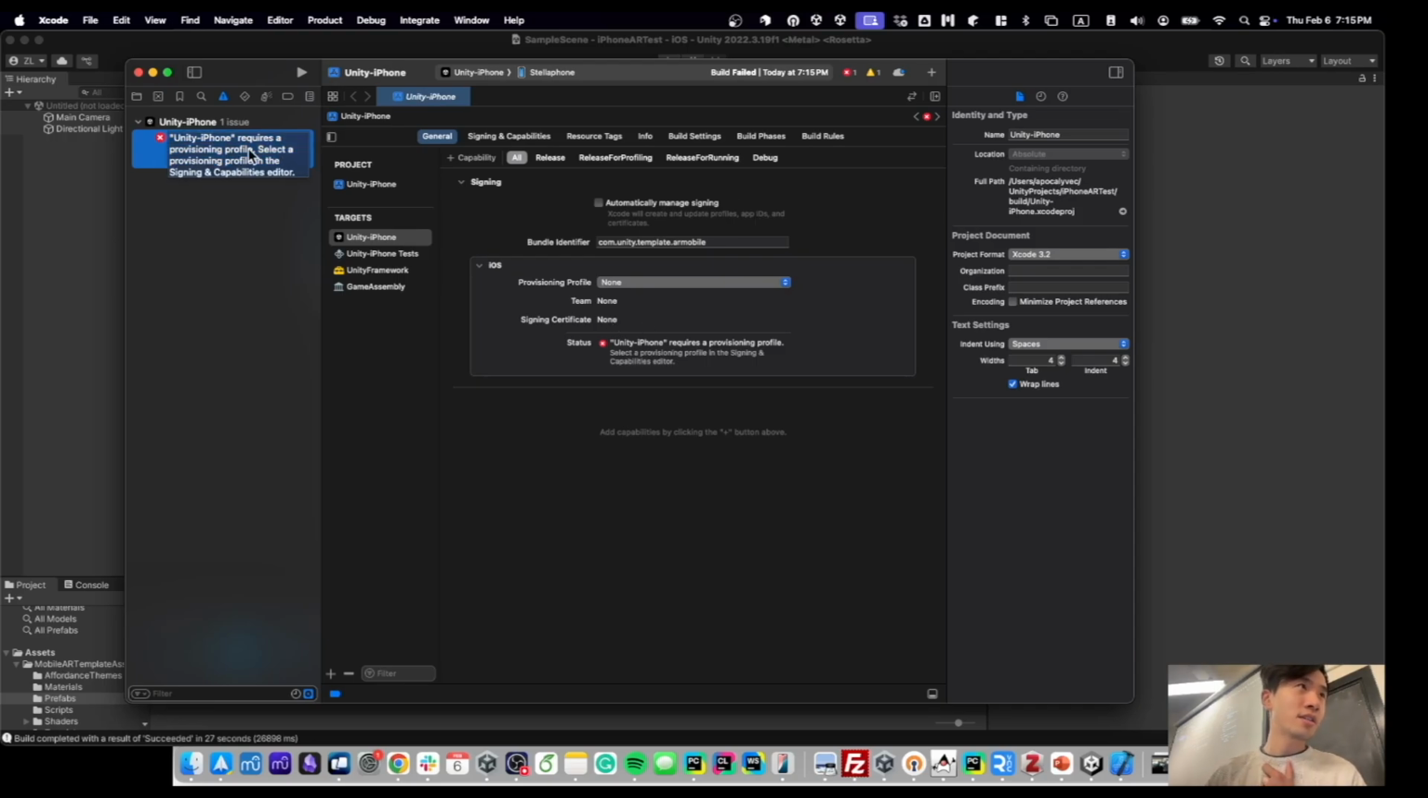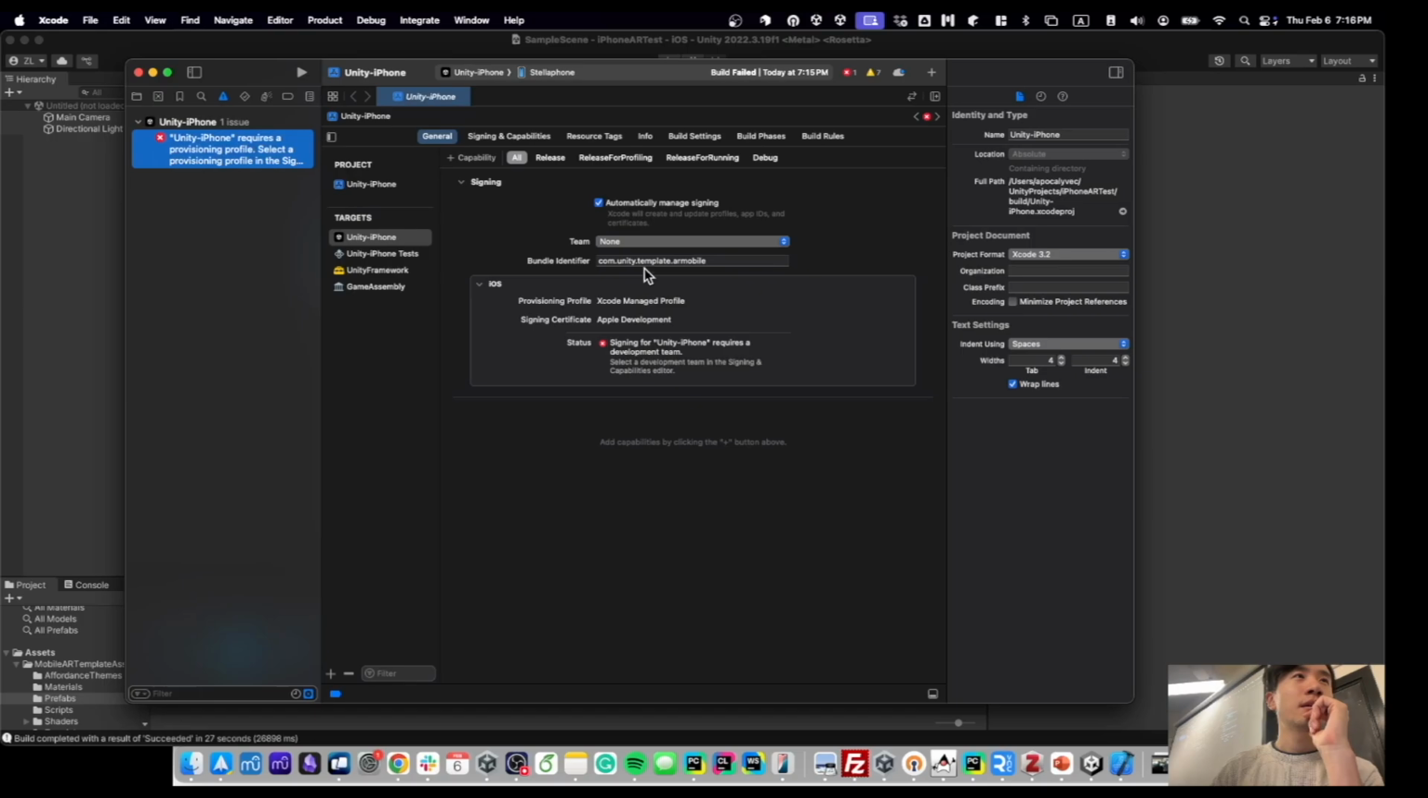It says Unity-iPhone requires a provisioning profile. Select a provisioning profile, which is just an iPhone thing. It requires every app deployed to an iPhone to have a signature, basically knowing who actually made it. So if you haven't already, you need to create a developer team. When we click on the arrow, it took us to this Unity-iPhone page, and right here it says Automatically manage signing. Let's check that and enable automatic signing. Here you need to put a team. The team is what you need to register with the Apple developer portal, which I already did. So if you select that,